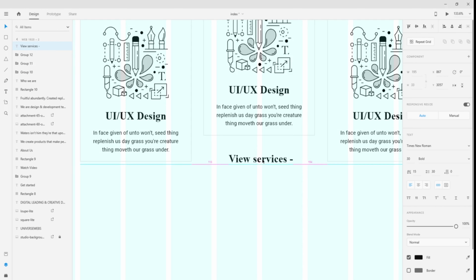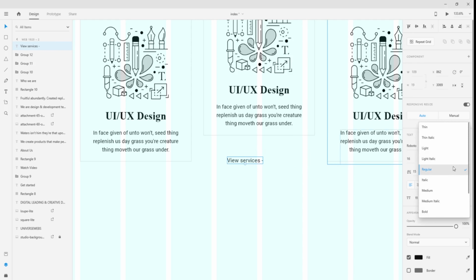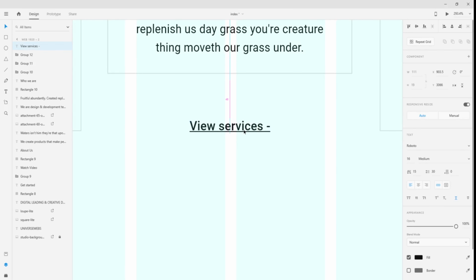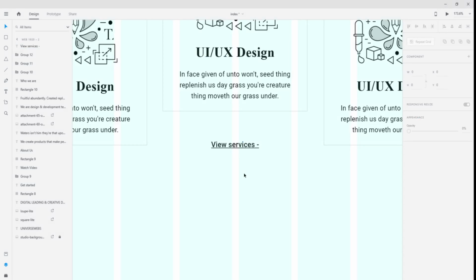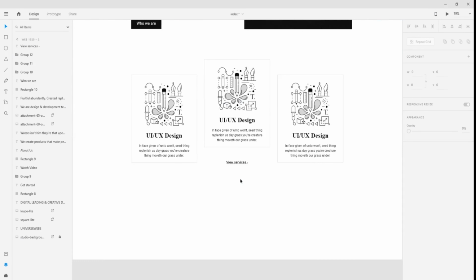Okay, so it's not nice because it's too big over here. So what we want to do is we change our fonts to Roboto, and we're sizing it to 16 and have it on medium, and we need to underline it, so you can click on the underline on the text section. Tada, you have the underline. Right, so you need to center it. Okay. Right,